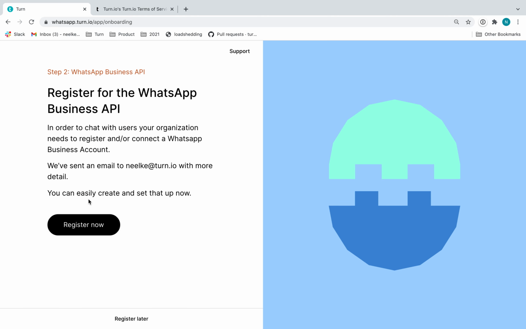Now we are ready to register for the WhatsApp Business API. This part of the process happens with Facebook and WhatsApp. They need to make sure that you are a business and that they are happy to register you and give you access to the WhatsApp Business API. If I click register now